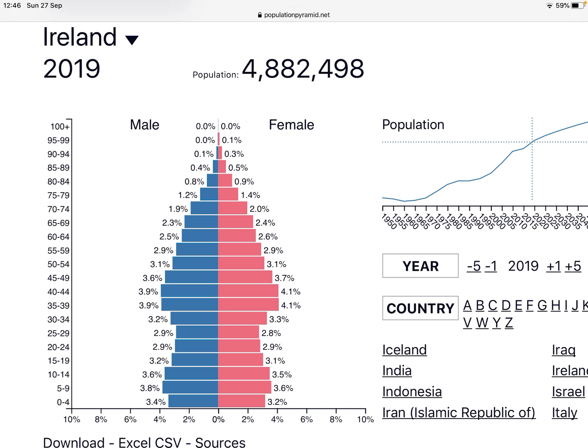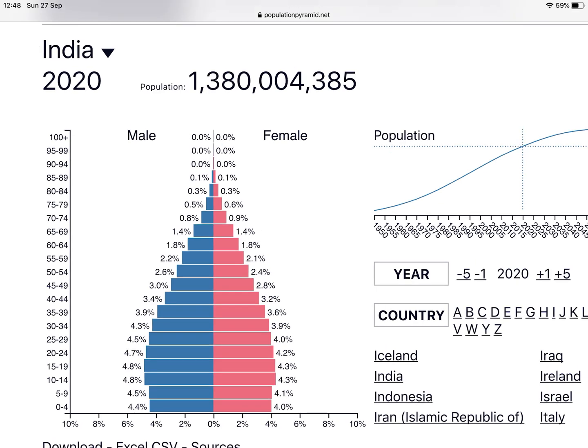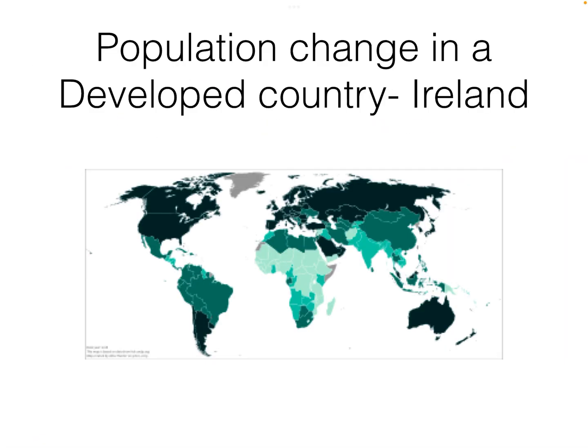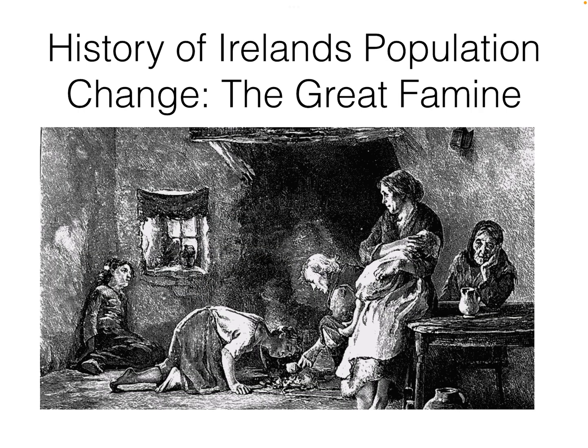population pyramid. Right, moving on from that, Ireland is definitely stationary. We're definitely stationary. Okay, anything else important? So what's the population change like in Ireland? Well, look, we had the